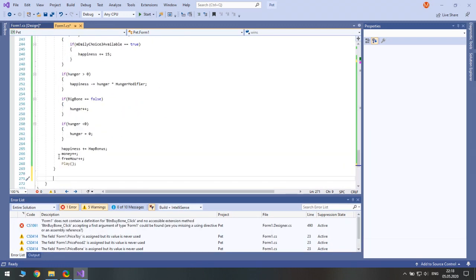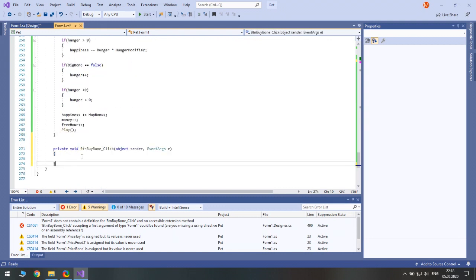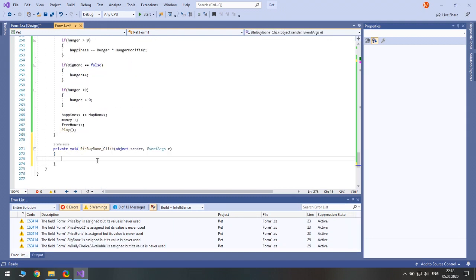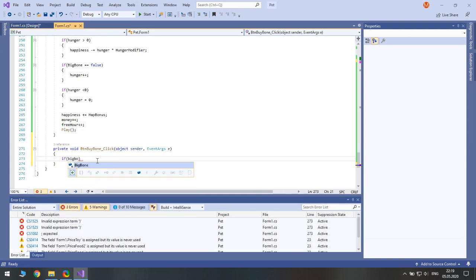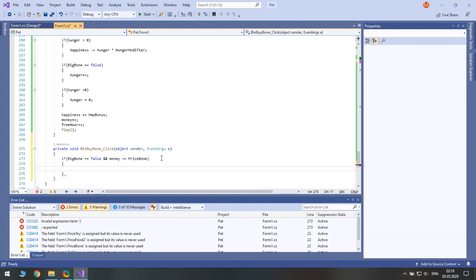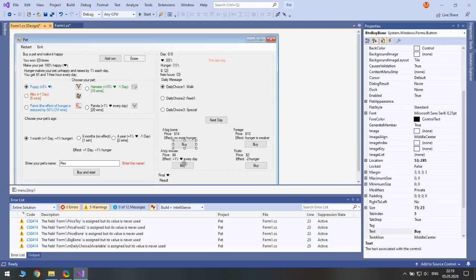So here, we check if it is not yet bought. So if big bone equals to false, it is boolean, and money is greater or equals to the price of the bone, then we first of all need to somehow show that the item is bought.